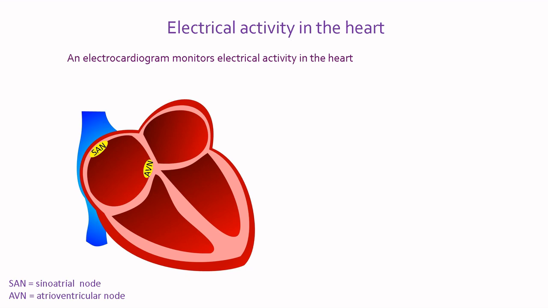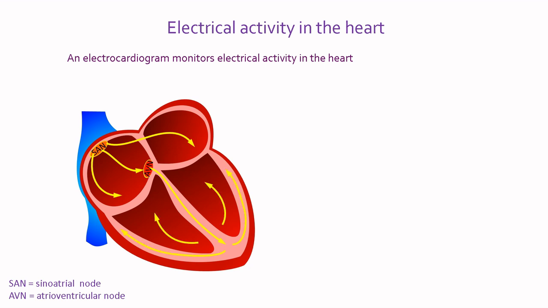An electrocardiogram, or ECG, monitors electrical activity in the heart. Electrical activity arises spontaneously in the heart at the sinoatrial node. It then spreads through the atria, causing them to contract, and goes on to the atrioventricular node at the top of the ventricles. From there, the signal passes down conducting cells in the interventricular septum, then spreads out through the